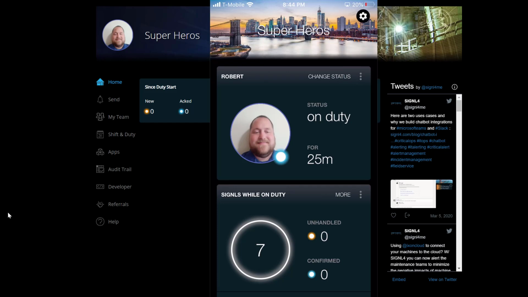Hello, today we're going to go over using the external ID parameter inside your Signal 4 alerts. What the external ID parameter does is it allows you to tie an external event from any third-party program to a Signal 4 alert. You would take whatever ID your external alert has on it and set that as your